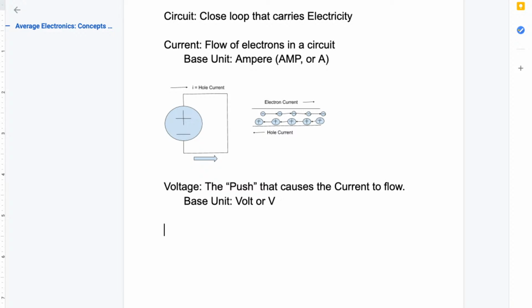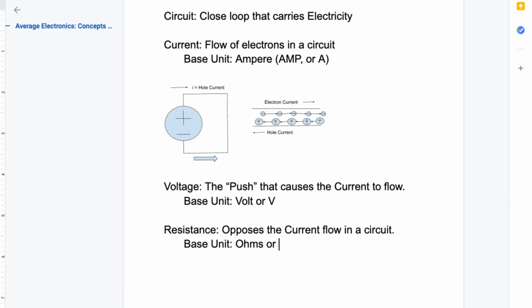Okay. Next up, we're going to go with our resistance. Well, I don't like capitals. Your resistance. And your resistance opposes the current flow in a circuit. So its base unit is ohms, or